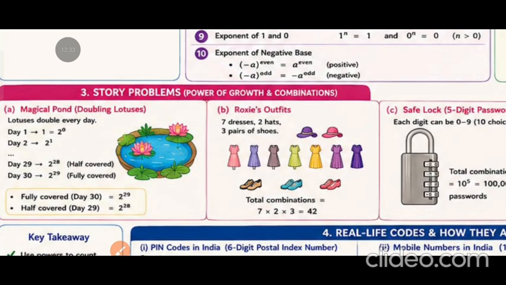So now if we take the purple hat, 7 dresses, and then we can take 1 pair of shoes. In the same way, purple hat, 7 dresses, blue pair of shoes. Then purple hat, 7